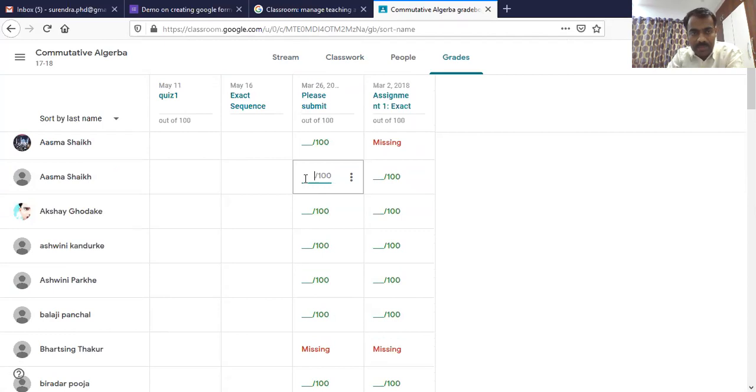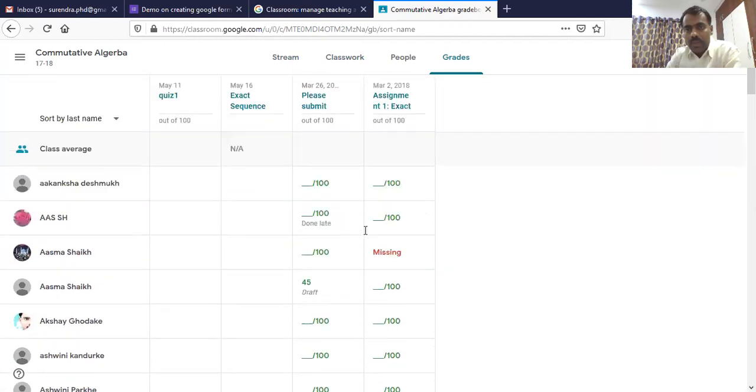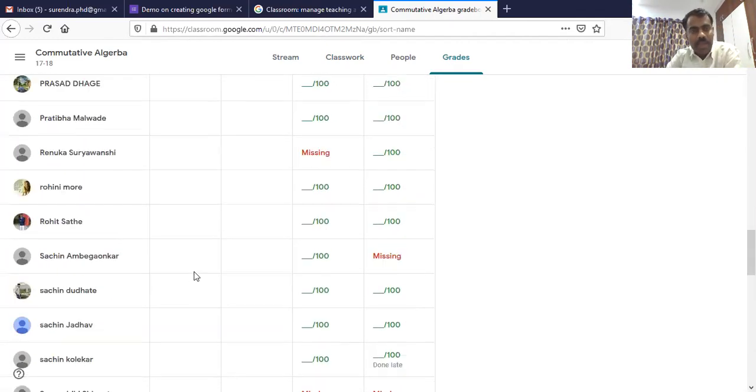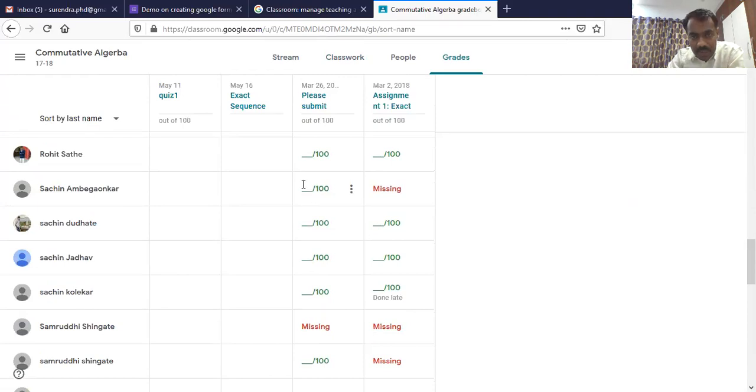If it is an assignment, you can add manually. For example, I have assessed his performance as 45 out of 100. So I can click this so that he got 45 out of 100 and so on. In this way, if you have conducted quizzes, then auto grading is there. Obviously, all marks will automatically come here for each and every student in this class. If it is manual grading, one should manually enter the grading here.